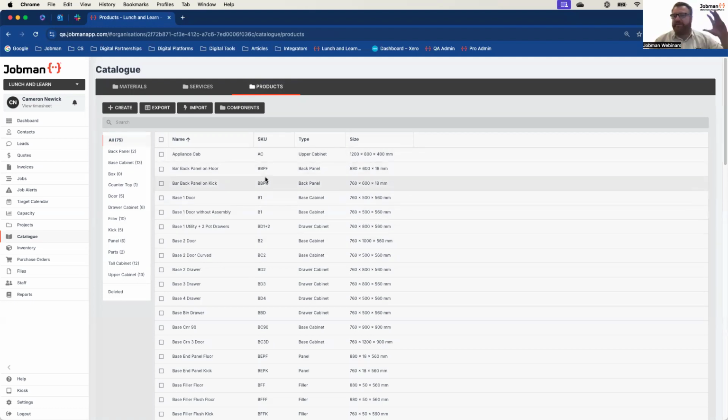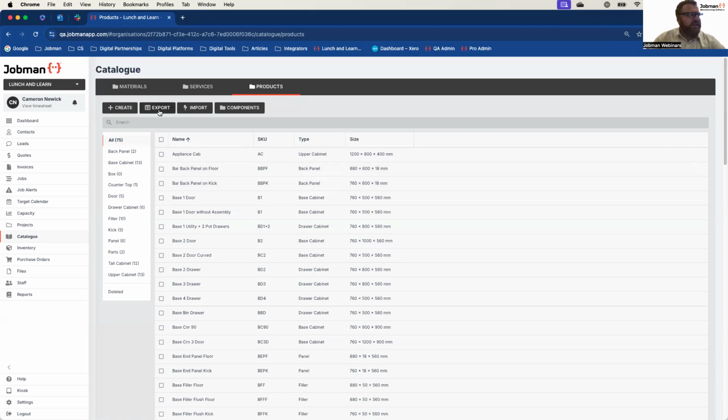The last quick thing I'm going to cover before we move on is the most common question I get: okay, so we've put some labor operations into our products. We start running Jobman. We start getting some job costing. We start understanding our processes. And we've noticed that every single time we quote on a job, our assembly is too small. There's not enough time being allowed. Our team is always running over. How do we fix that?